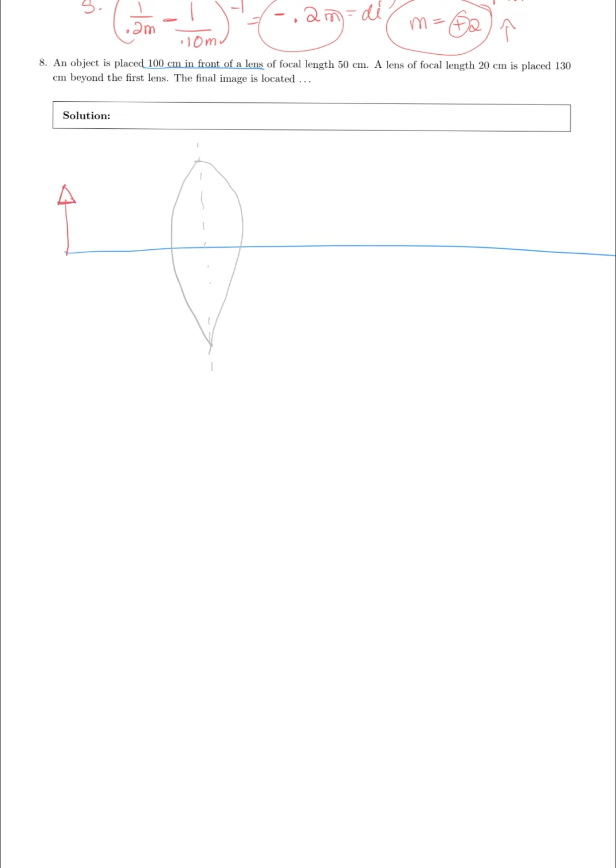So I'm going to act like this axis here is a ruler, and I highly encourage you to do the same thing because I find that to be super helpful. So I'm going to say that this guy is at 0, and that this guy right here is at 100 centimeters. Okay? And his focal length